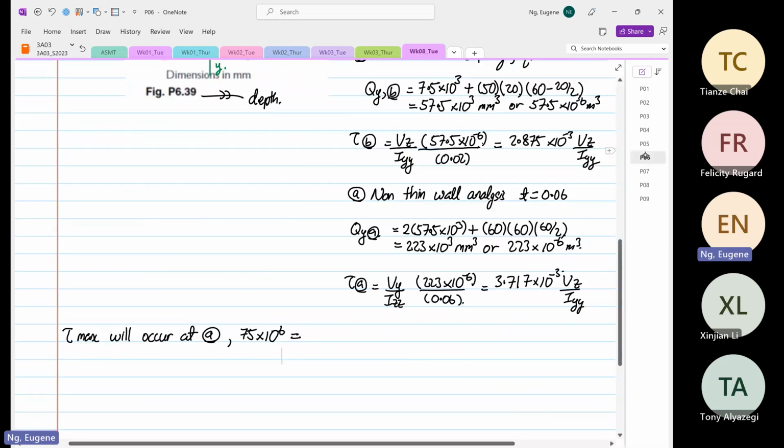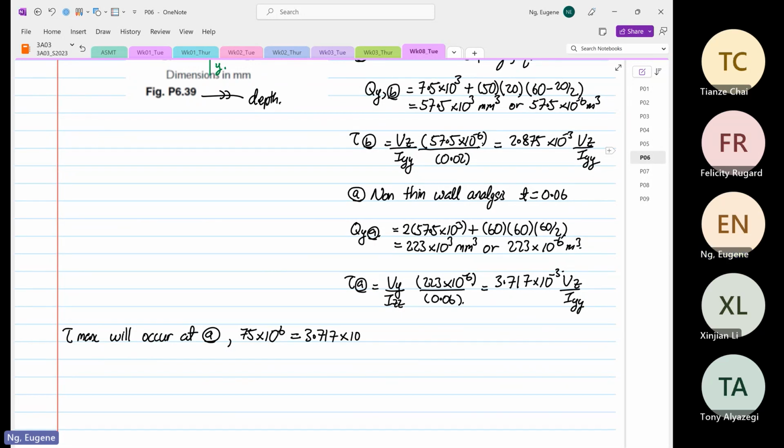We did. Okay, so this is equal to 3.717 times 10 to the power minus 3 Vz over Iyy. So from here, we know that Vz over Iyy is equal to 75 times 10 to the power 6 divided by 3.717 times 10 to the power minus 3,